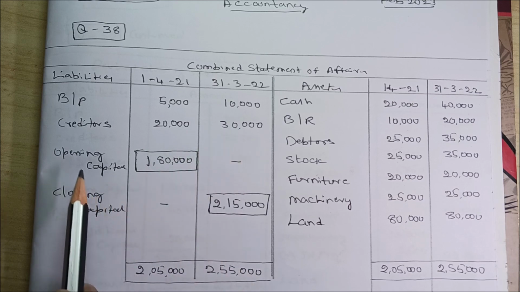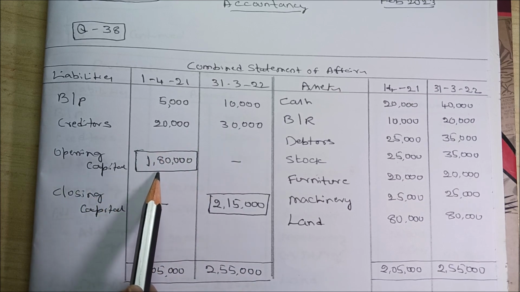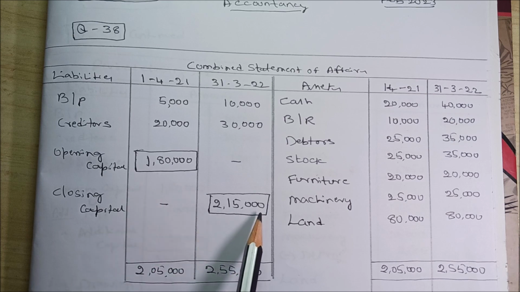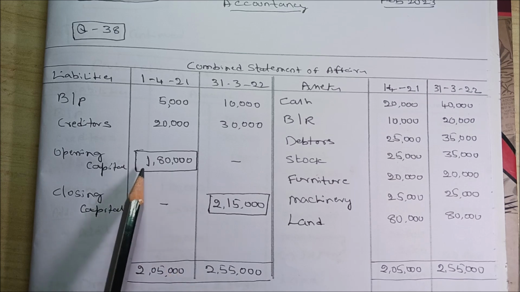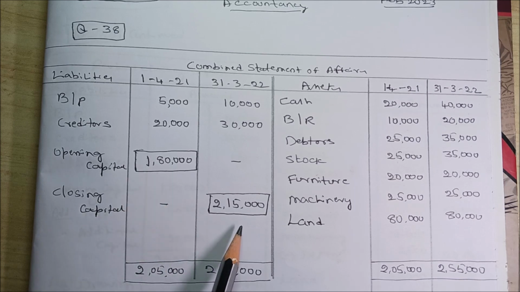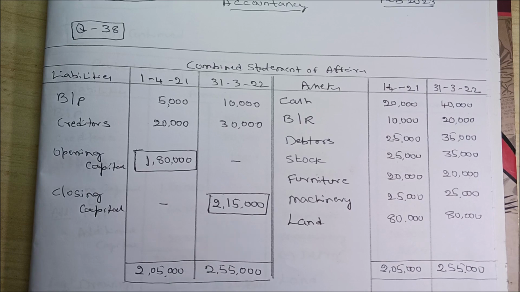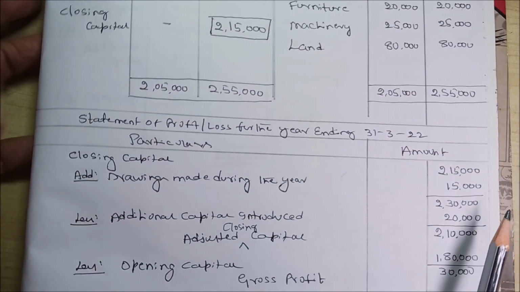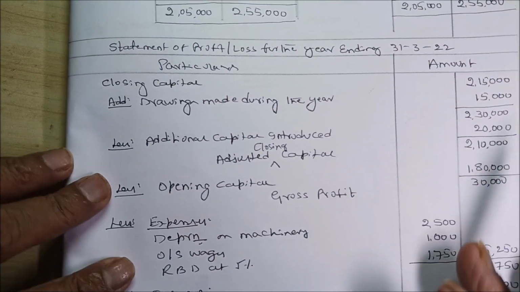I have made it two things. Opening capital: in the first column you will get opening capital, in the second column you will get closing capital. So, 2,05,000, 2,05,000, 2,55,000, 2,50,000. Opening capital is 1,80,000, closing capital is 2,15,000. Now, you have to prepare